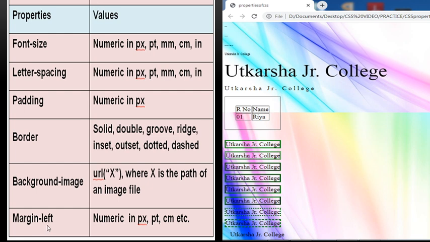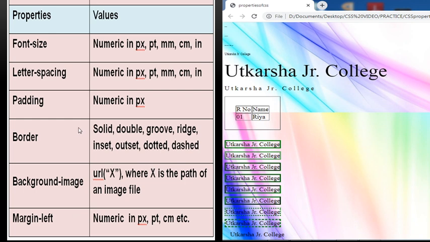The next property is margin left. It accepts the numeric value in different units. Now here you see the margin is left for the text.